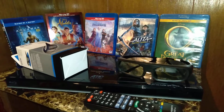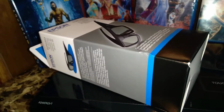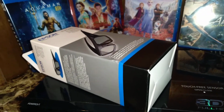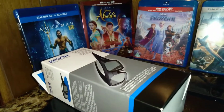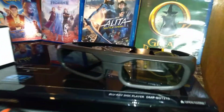And most definitely, we just got these new 3D glasses in from Amazon, and we're gonna be trying them out here in a few minutes. We're gonna watch a little Aquaman and test how powerful it is with some new 3D glasses. They're all basic Epson